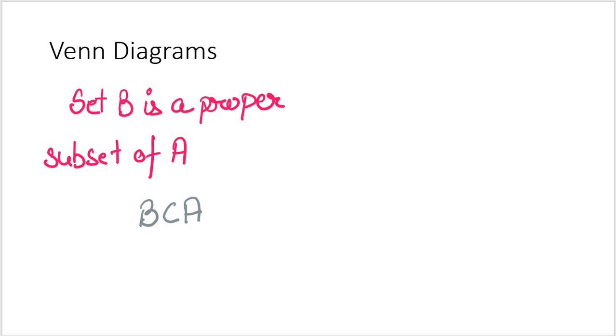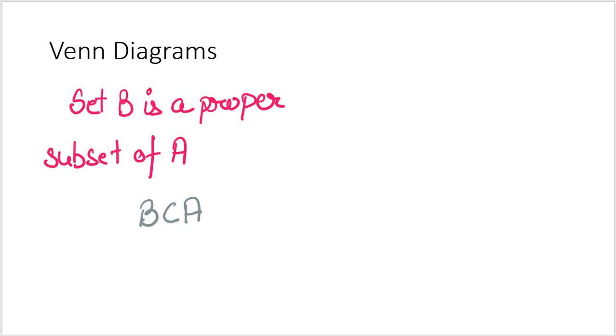See, drawing the Venn diagram is one thing. You may also come across understanding a Venn diagram, right? From the Venn diagram, you have to understand the situation. So one is drawing the diagram for a particular situation, and vice versa, from a particular Venn diagram I am trying to draw some conclusion. That kind of situation you can also face.